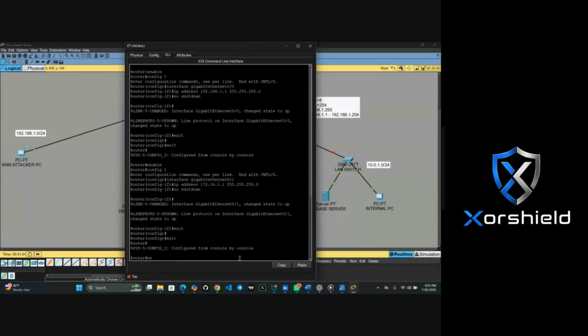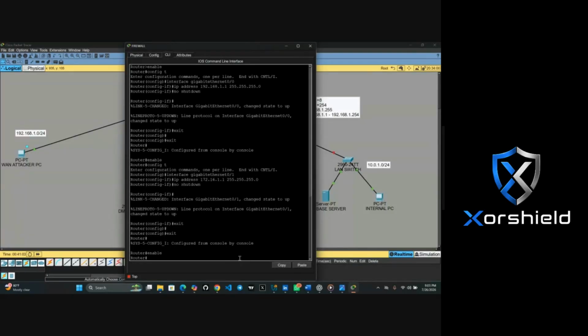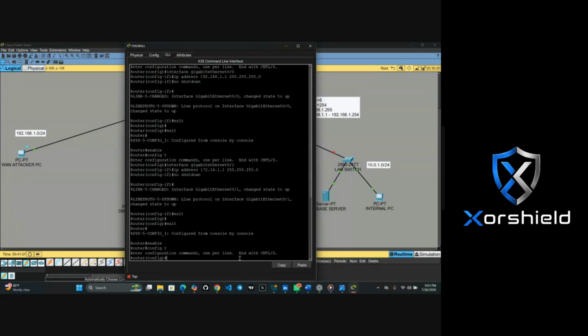Last one, enable, config T, then interface gigabit Ethernet 0/2.